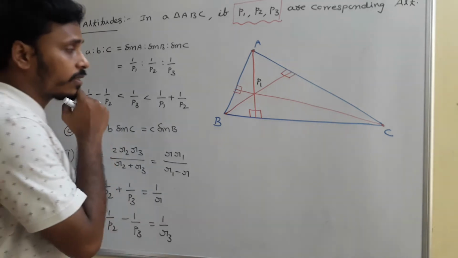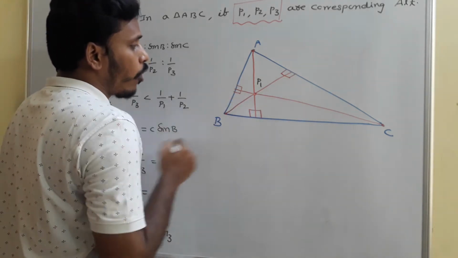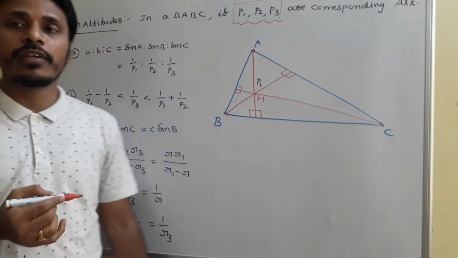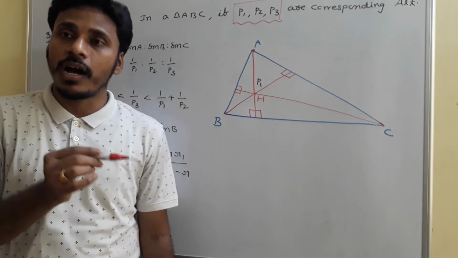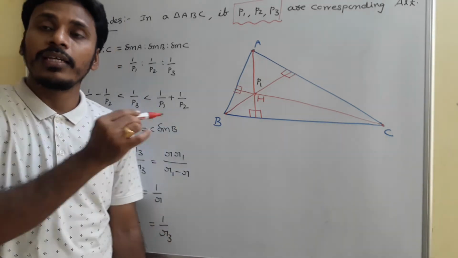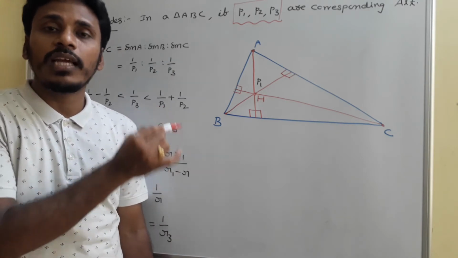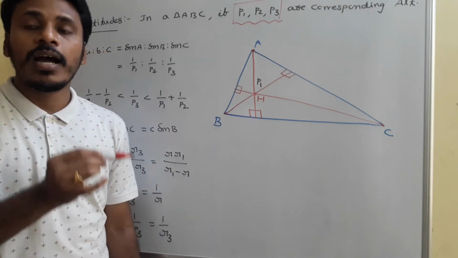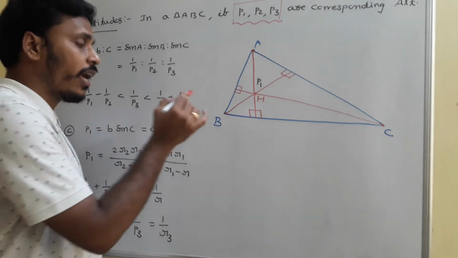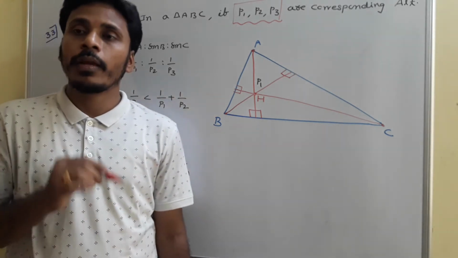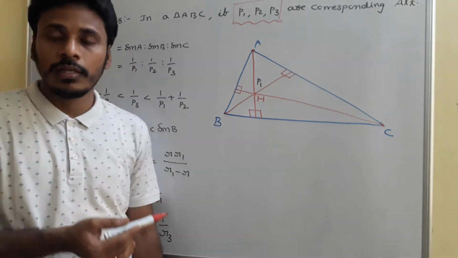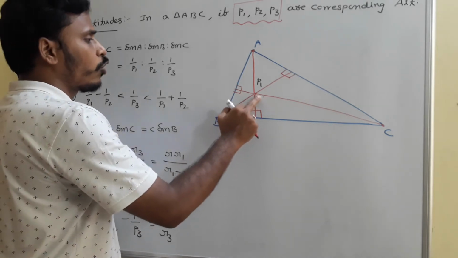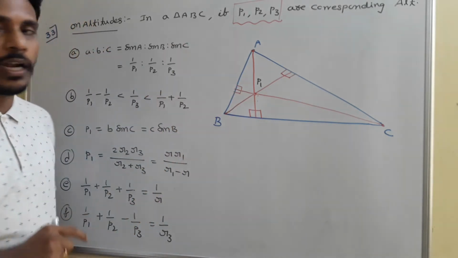That's one part. The next thing is, these three altitudes will meet at a point. If three or more lines are passing through a fixed point, we call that point the concurrent point or the point of concurrency. Here the point of concurrency of the three altitudes in a triangle is the orthocenter, and that orthocenter is denoted by the letter H or sometimes O. But here the problem is not about the orthocenter. The things here are about the altitudes, so no need to mark it or think about the orthocenter at present. You just pay attention to the altitudes.